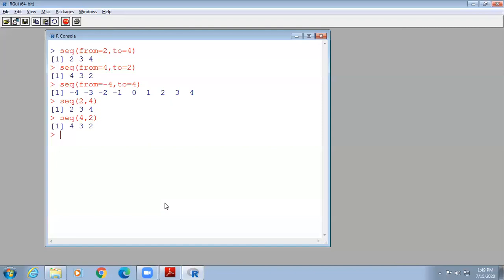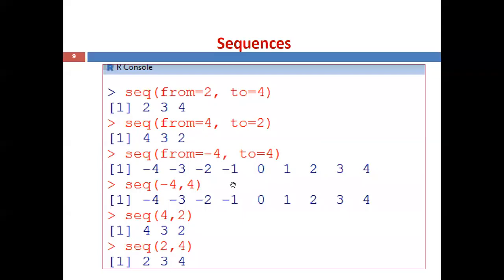Now you can see 4 3 2. The third one, seq of minus 4 comma 4, displays minus 4 to plus 4 with plus 1 increment. So you can use from and to, or directly the first value comma the second value. By default the first value is the from value and the second value is the to value. Like that the same output will be displayed.